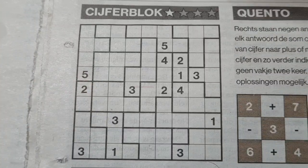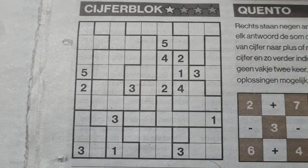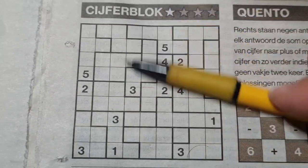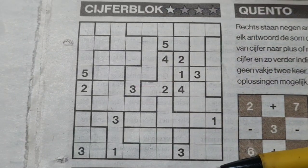In English, it's a Tectonic. In Dutch, it's a cipher block. In Japanese, they call it a Suguru. And this one will be